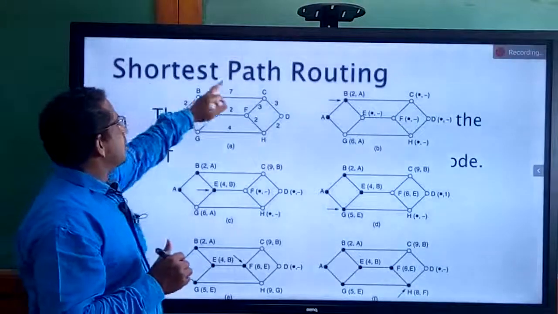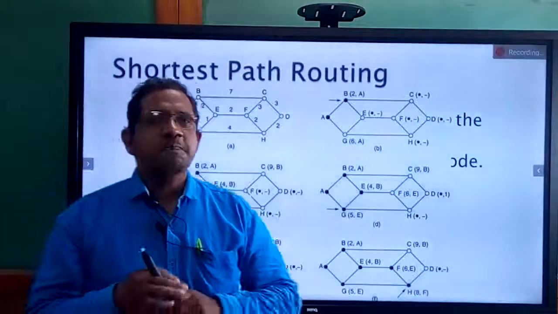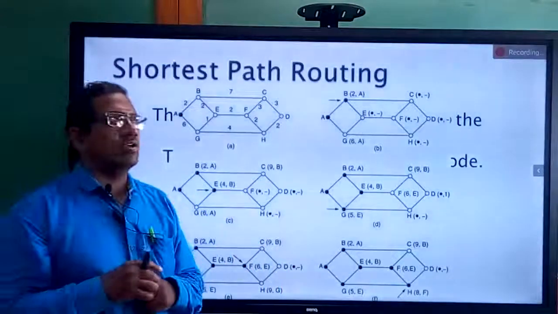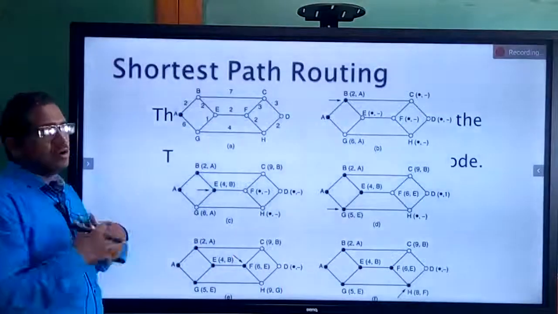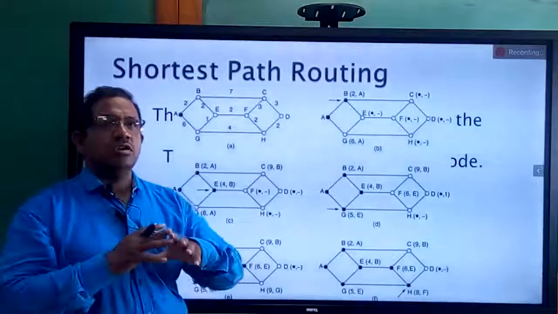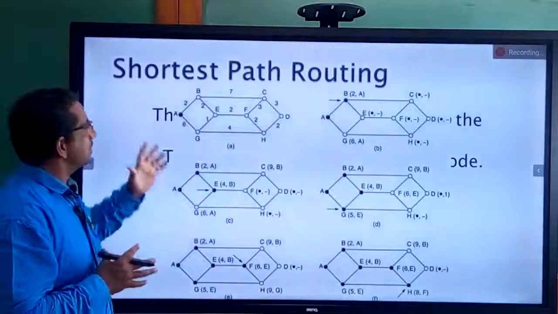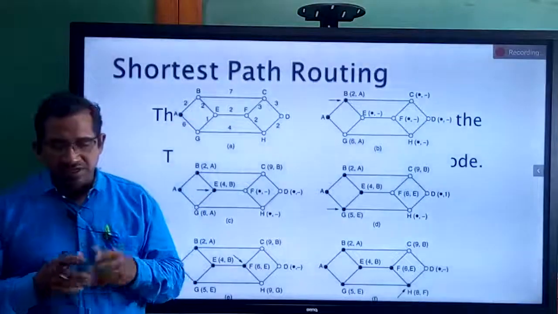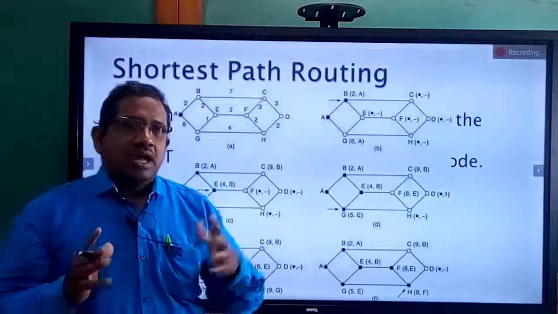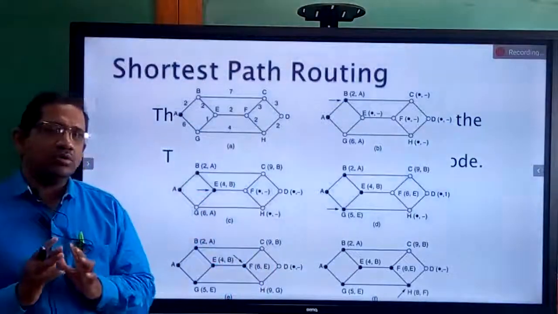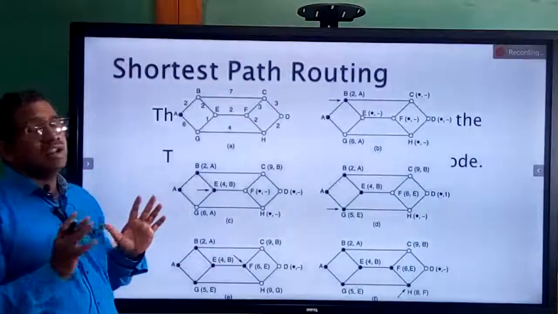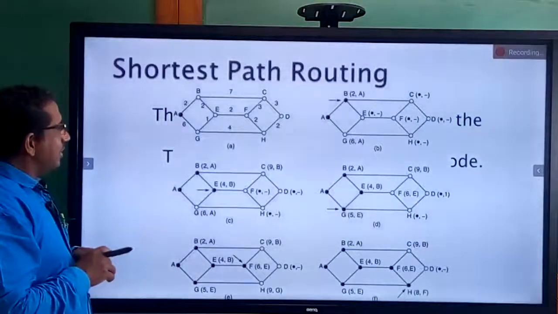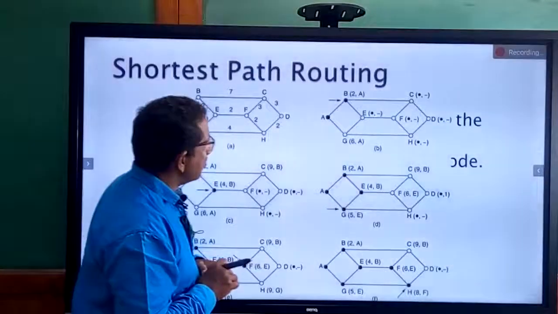So the shortest path routing method comes under the non-adaptive type of the routing algorithms, which is known as static routing algorithms. Static means what? Fixed. We already know the meaning of static. It is fixed. It won't change later on. Once the route is fixed for a packet to travel from source to destination computer, then we say that the route is fixed. Every time the packet is going to take that route to travel, until and unless we reconfigure the entire network. Okay. So for example, I want to transmit the data from